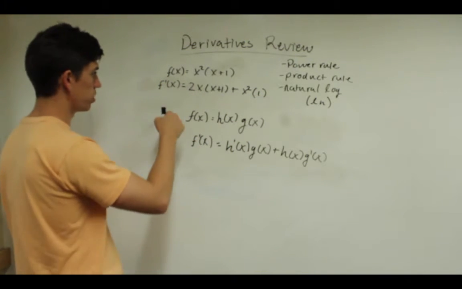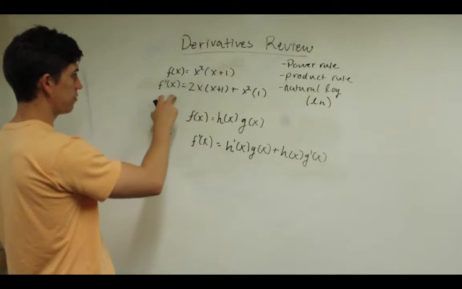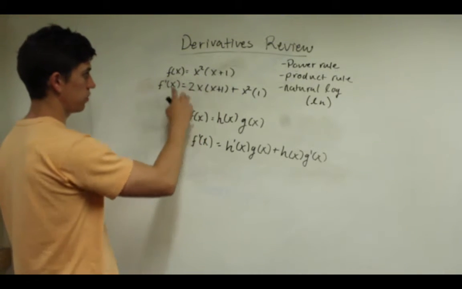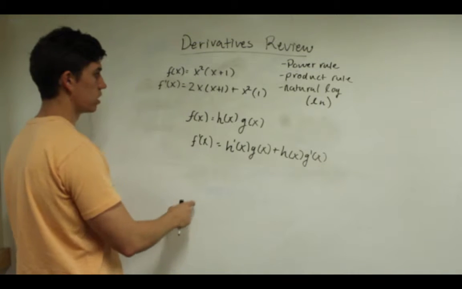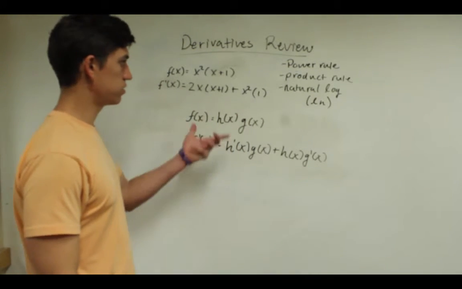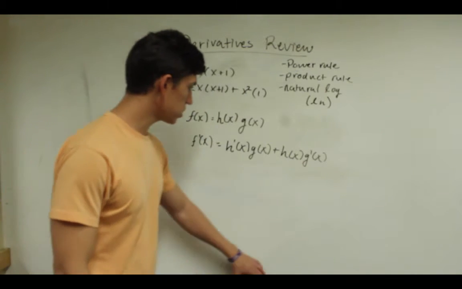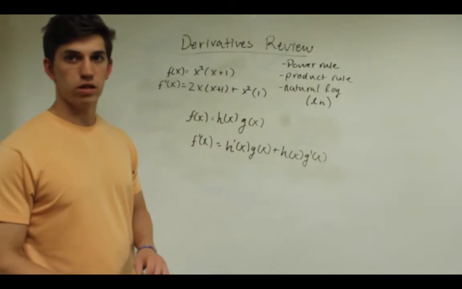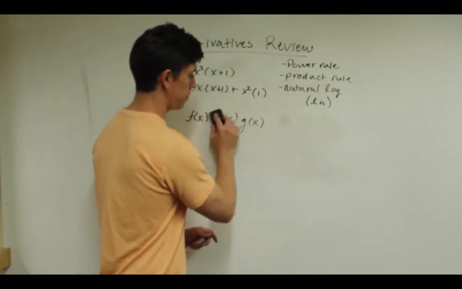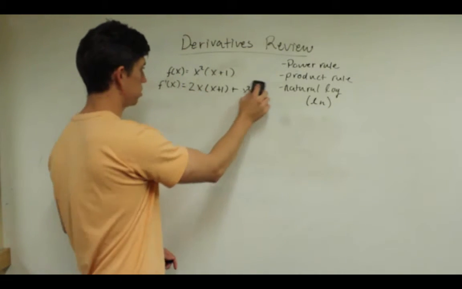Right, so the derivative f prime of x of this function, using the product rule, is this right here, which you could simplify if you wanted to, but it's still correct in this form. So that's another useful tool that you might run across. Okay. And now the last one